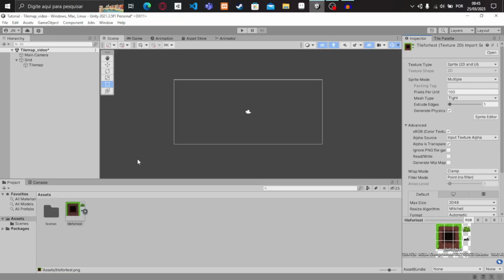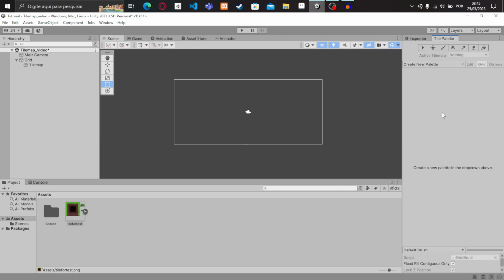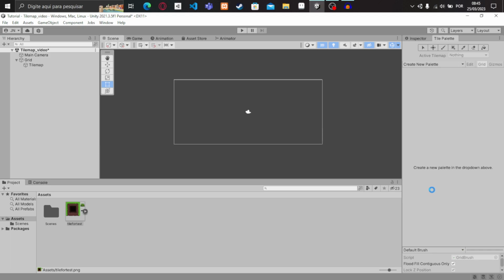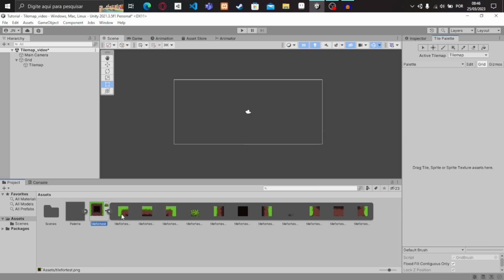Alright, now we can finally use these tiles, and we basically just click here on tile palette. Now we have to create a new palette. We basically click here and create a new palette. Let's just rename it to palette. Alright, we just create a new palette. We select the folder. And that's it. Now all we have to do is select our tiles,